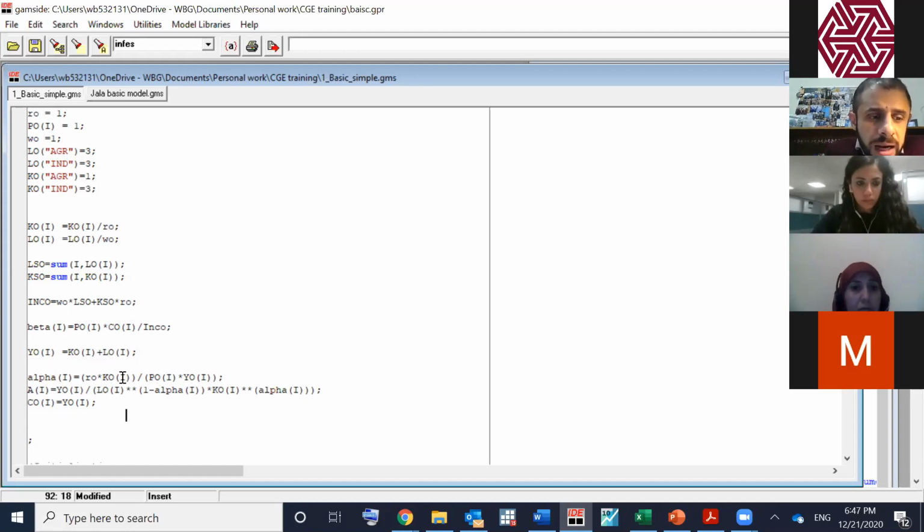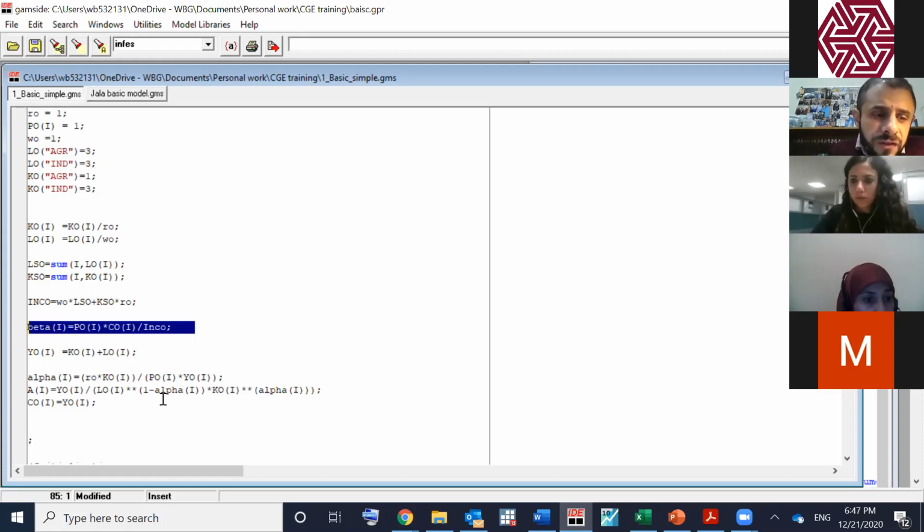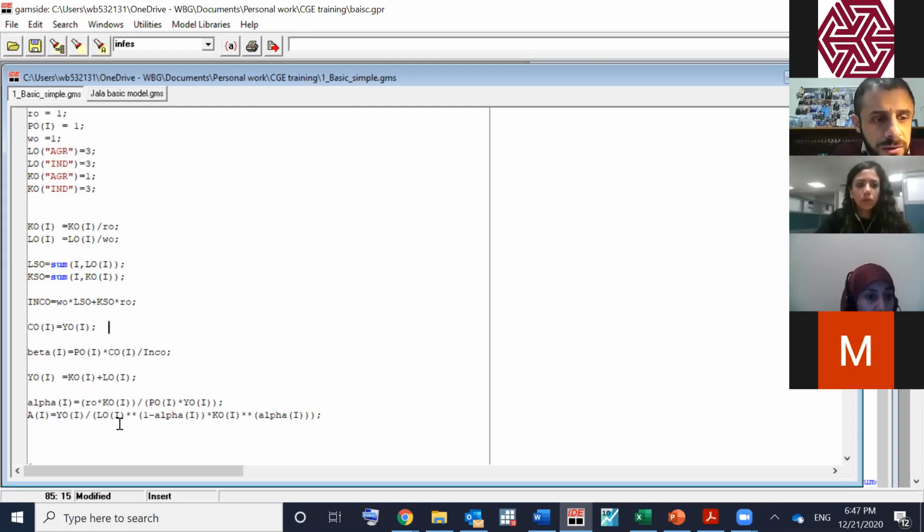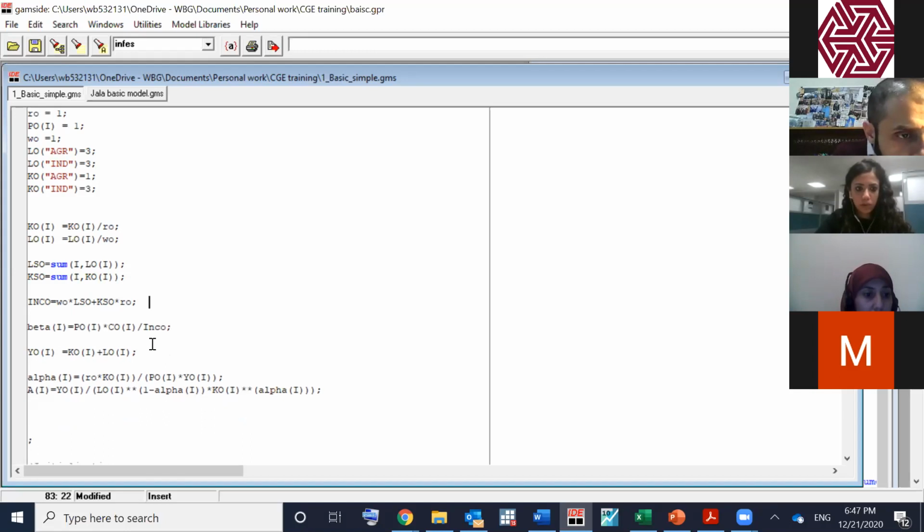So now in Jala's code, beta is defined as PO multiplied by CO divided by income. Let's check whether all the variables that are used to calibrate beta are previously defined or not. PO is defined, income is defined, but consumption is not defined. It's defined at the end. It has to come before the beta, right?